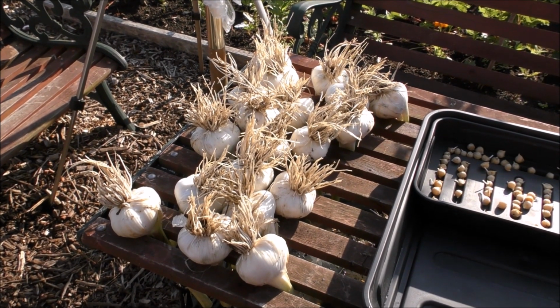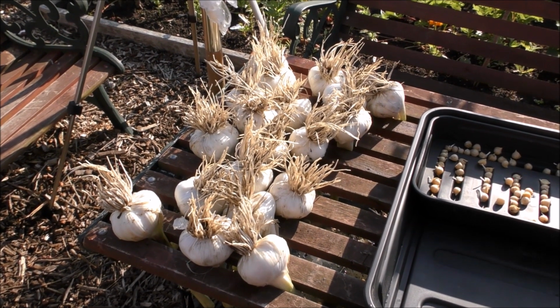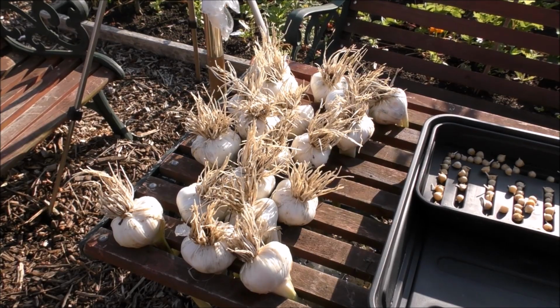I don't want to find out these lot have ended in a stir fry. Well, not all of them anyway. But yeah, some awesome elephant garlic there. Yeah, so the garlic's done really well this year. The first lot of garlic was a bit iffy,